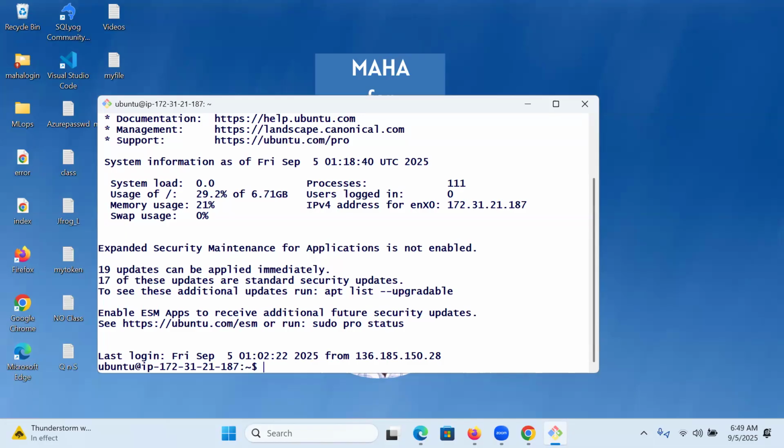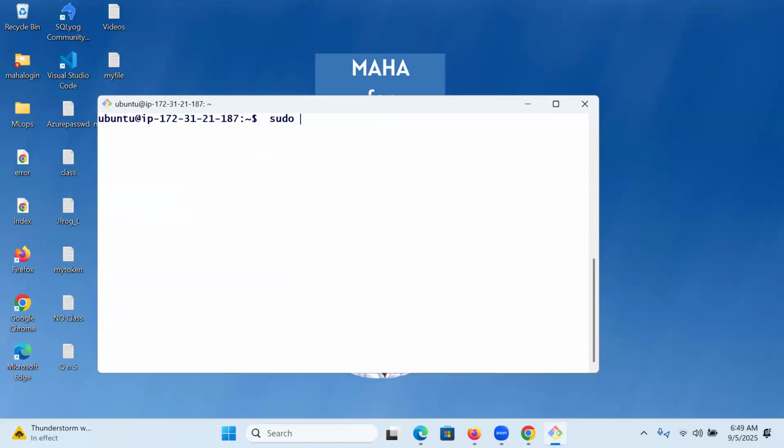Clear. Once it is done, please switch to root, from a normal user to administrator, then he can perform anything.